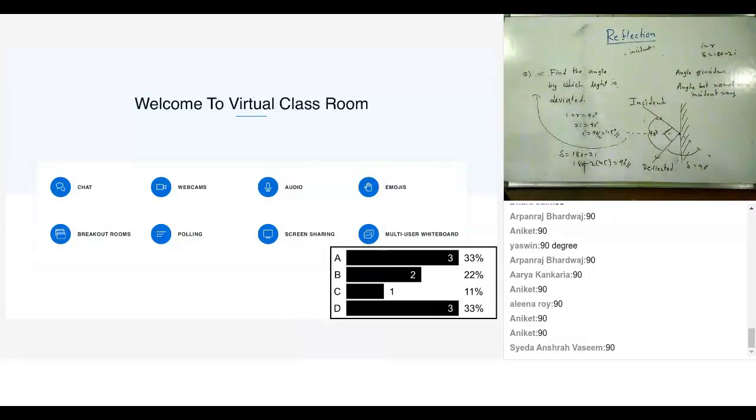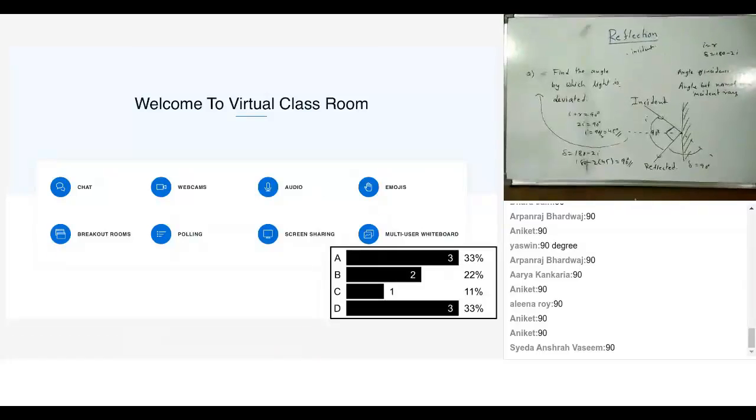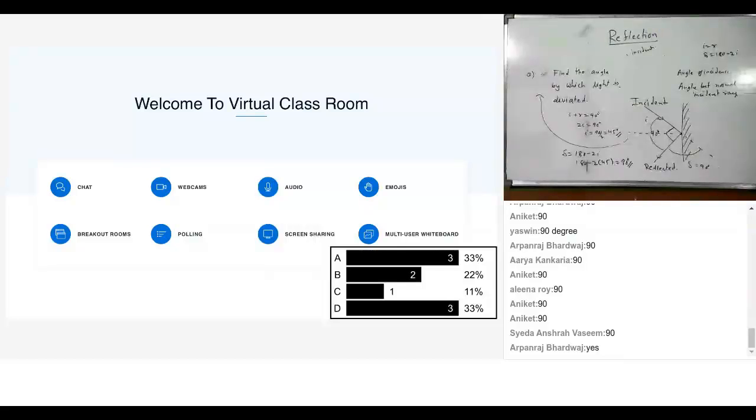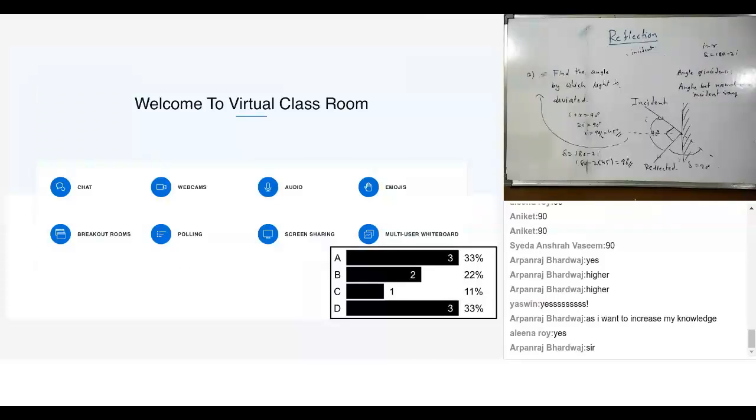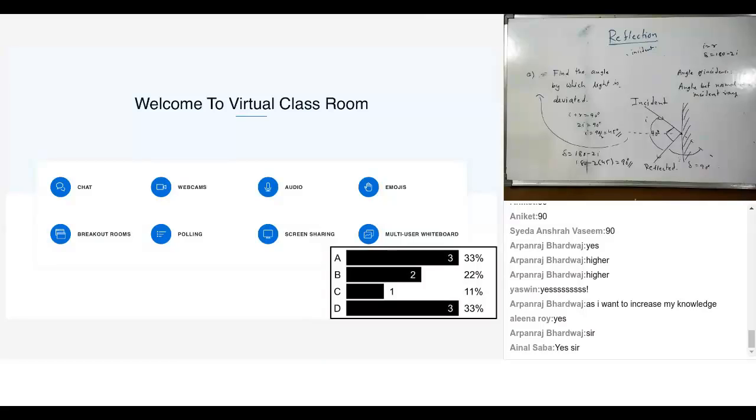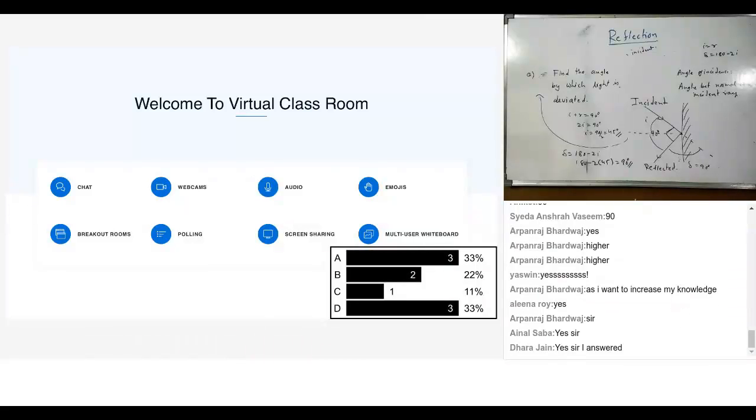All of you very good, right? So now shall we go for one more question of the same level or slightly higher level? Yes, sir. Okay, so one more question, please. Yes, of higher level. So all of you are ready? Soumya, I want an answer from you. Dhara, did you answer in the previous question? I didn't see your answer. Let me check. Dhara, yeah, okay. Fine, so yes, let's see.